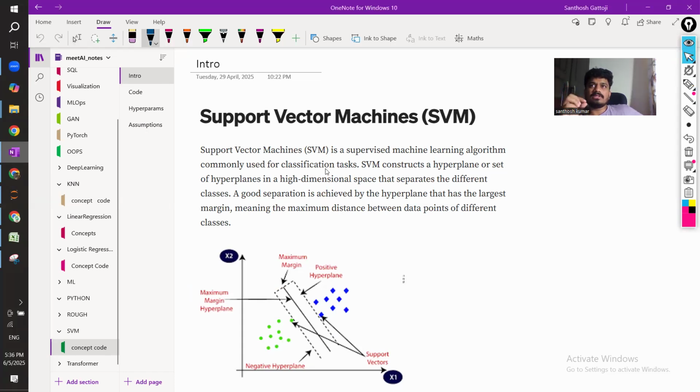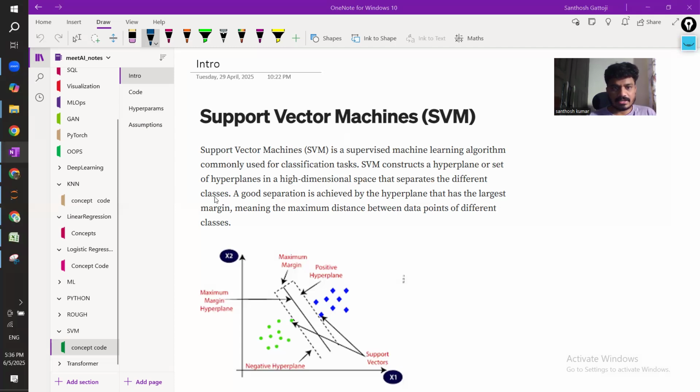Except for logistic regression, I don't see other algorithms making a regression, even though it's the only algorithm having regression in its name, but mostly we use it for classification. Support vector machine and decision tree are mainly used for regression also, but they are mainly designed for classification. Now, SVM constructs a hyperplane or set of hyperplanes in a high dimensional space